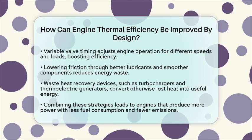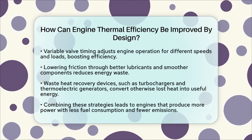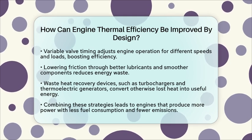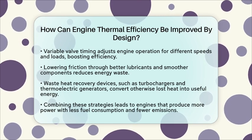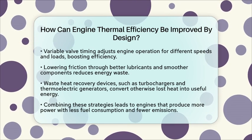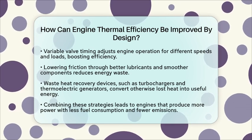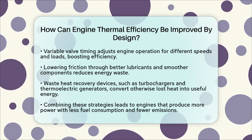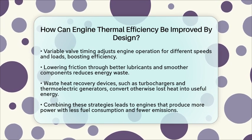Finally, capturing waste heat can make a big difference. Devices like turbochargers use exhaust gases to compress incoming air, boosting power and efficiency. Some systems even convert waste heat directly into electricity with thermoelectric generators, making use of energy that would otherwise be lost. In essence, designing engines to be more thermally efficient involves a mix of increasing combustion temperatures safely, optimizing airflow,